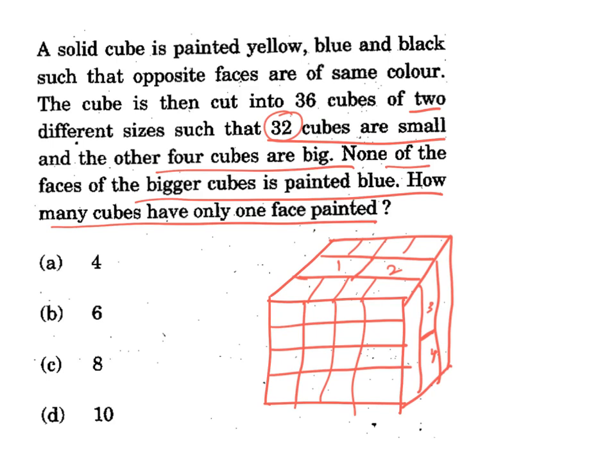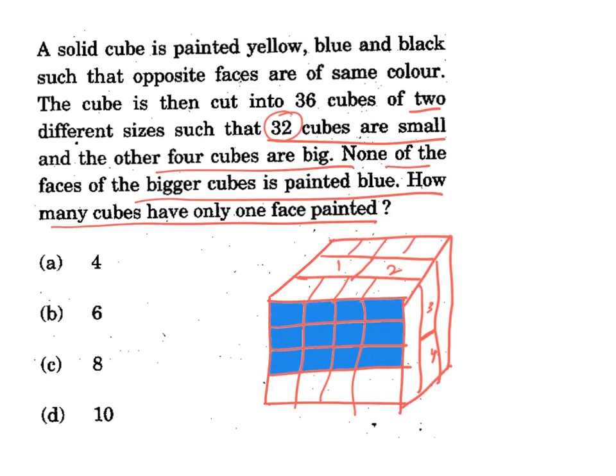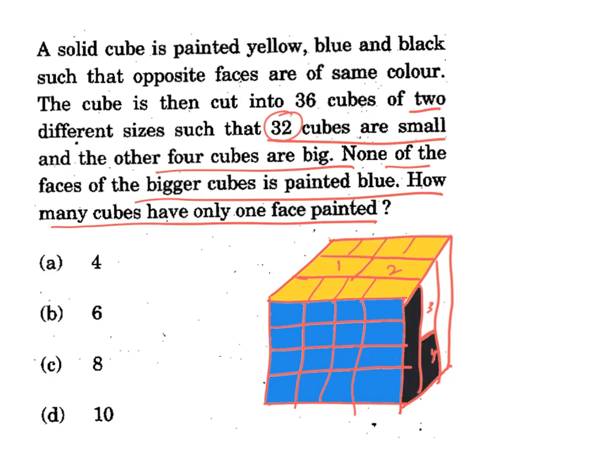Now 16 and 16. Blue color, when you look at, none of them is blue. So, these are blue I am taking. And he said yellow, you take it on top. Opposite side to blue is also blue, and you take this side as black. Other side I am not showing.